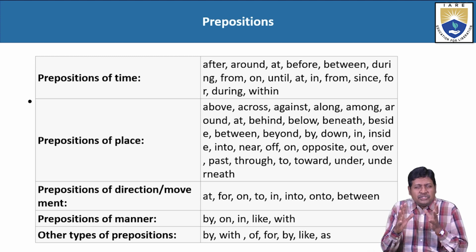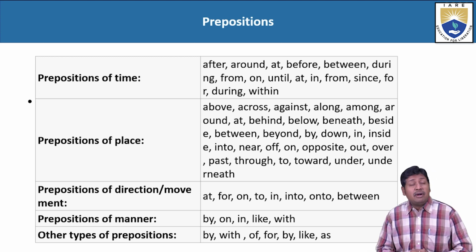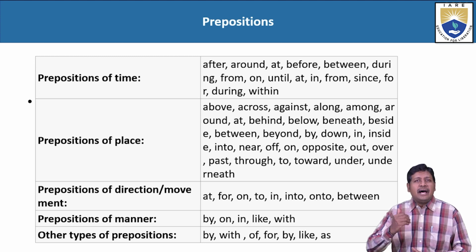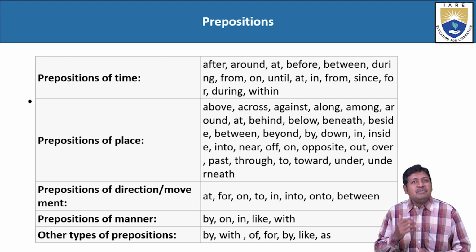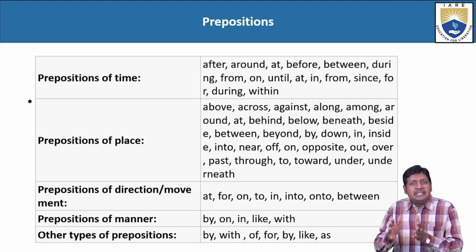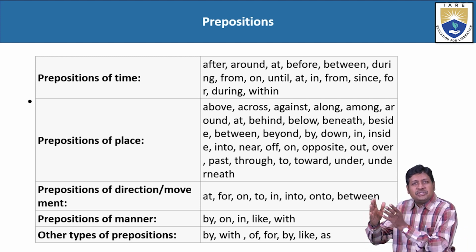Now, in the prepositions of time, two prepositions are very, very importantly and carefully used. They are: since represents the actual point of time and for represents the duration, period or length of time. For example, I have been teaching since 9:30. And if I use the same sentence, I will have to say, I have been teaching for 2 hours, or for 3 hours, for 3 days, for 3 months, for 3 minutes. Duration, period or length is represented by the preposition for.